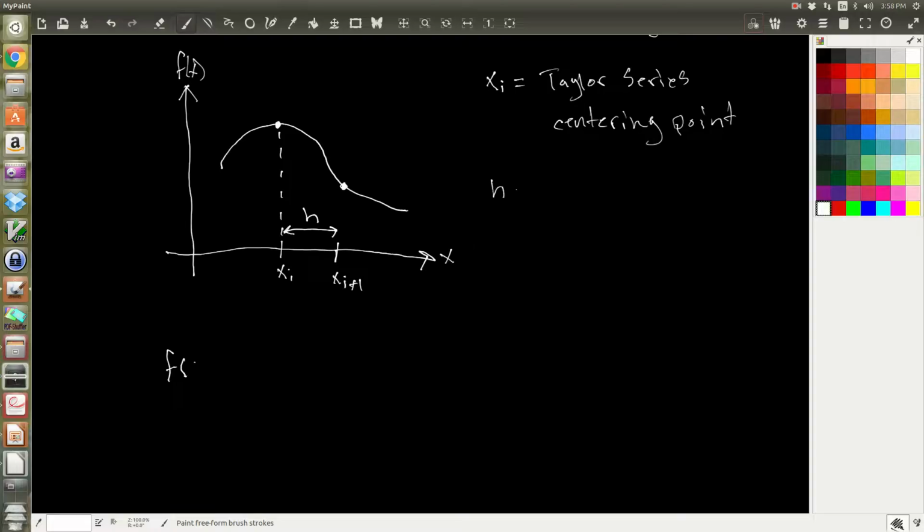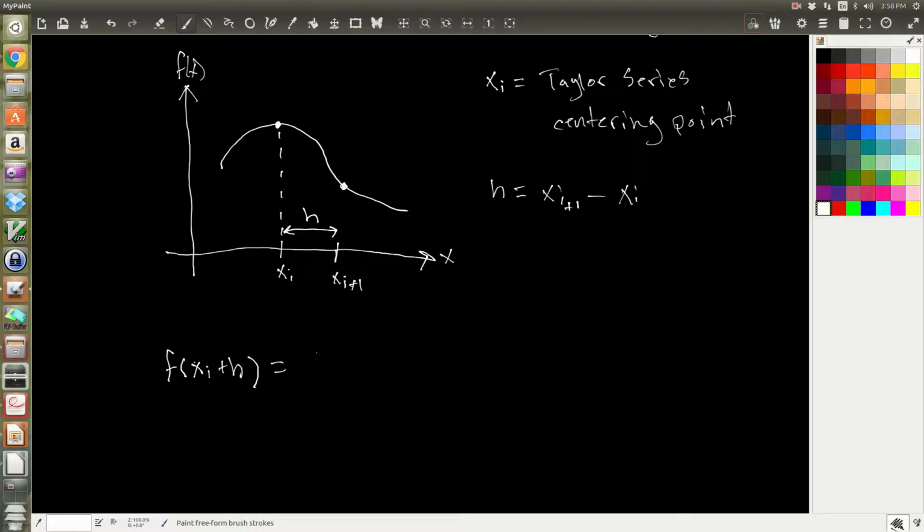So h is literally equal to xi plus 1 minus xi. So if I want to know the value of this function at xi plus h, which is the same thing as xi plus 1,